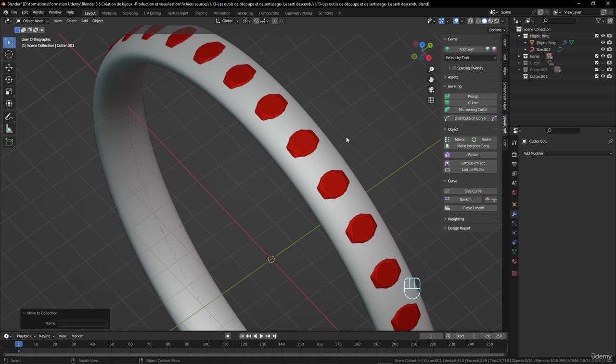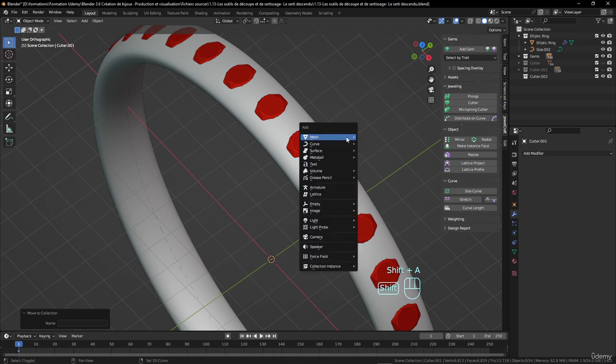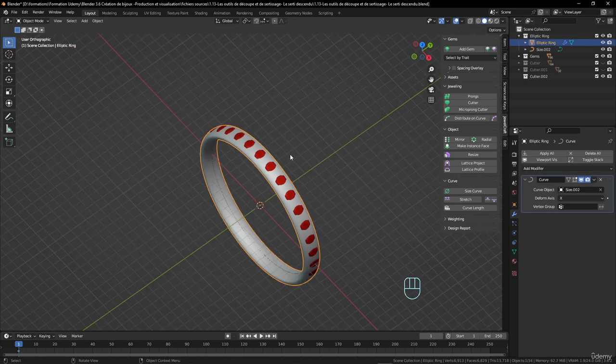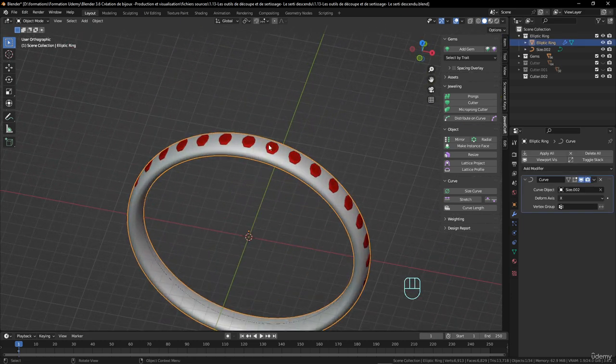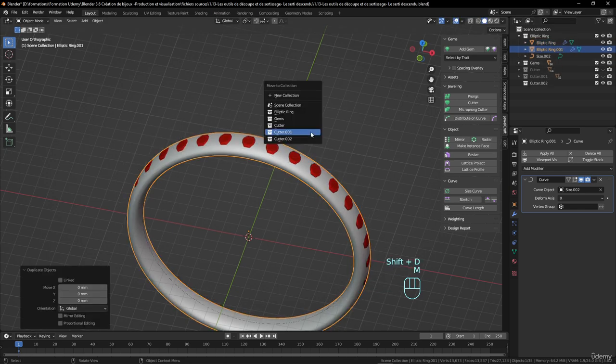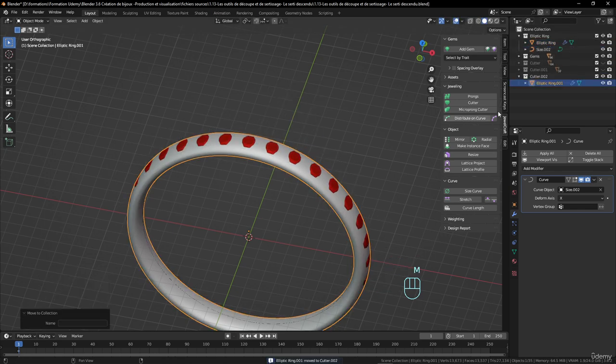For the last cutter, it will be here. We will need another elliptic ring. Okay, you can play with the same one actually and duplicate it. So I will press Shift D and put it into cutter 002. So this one will be a cutter